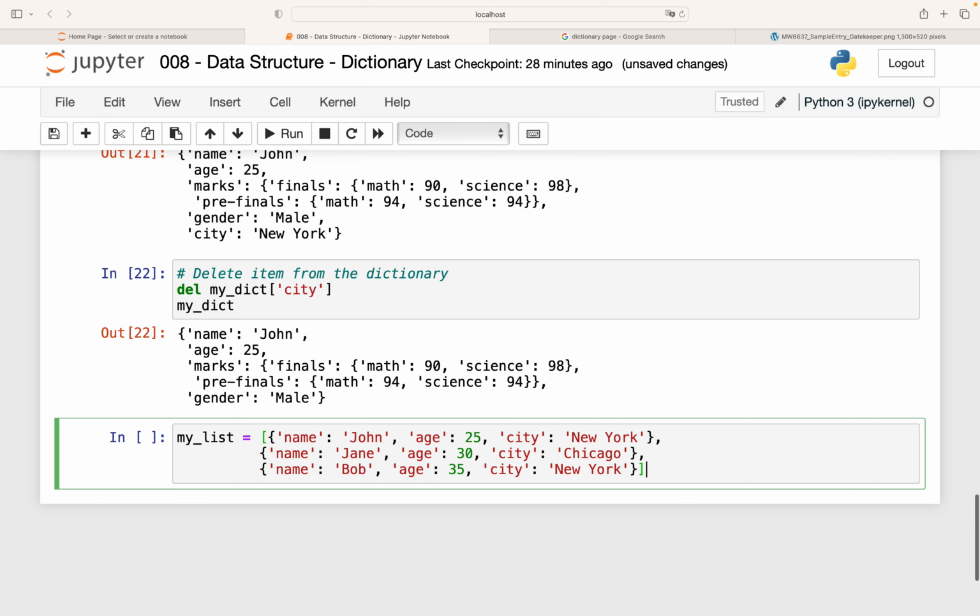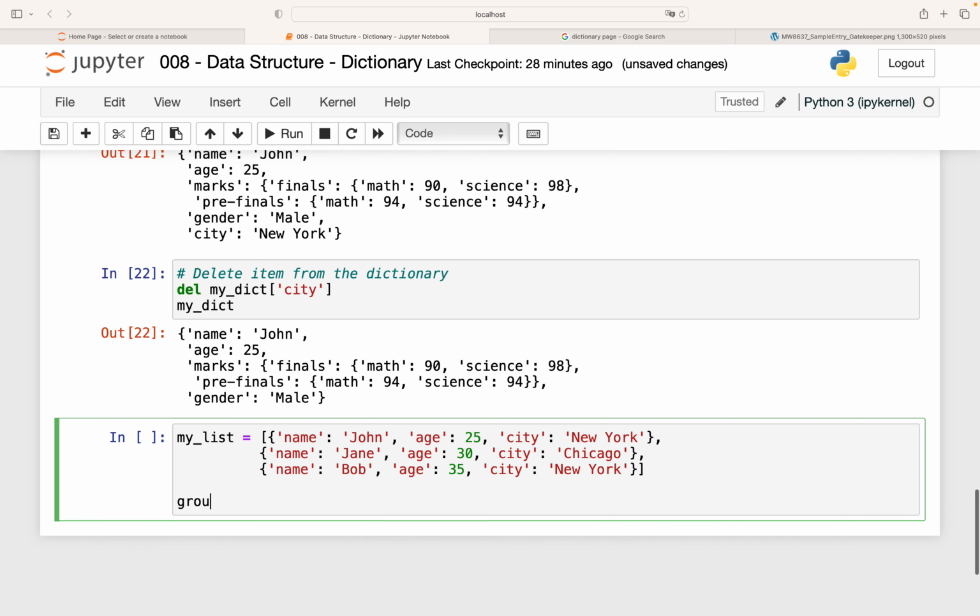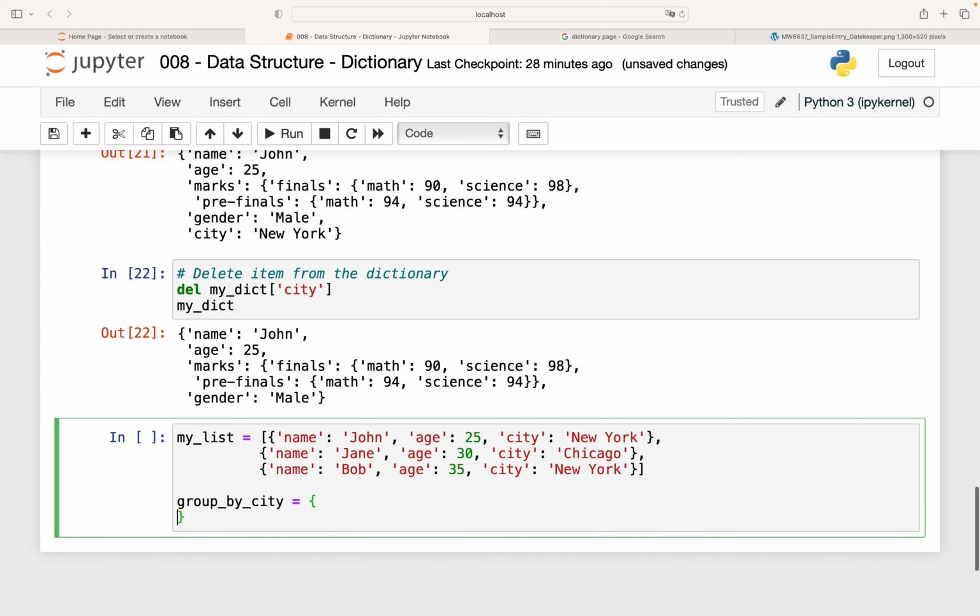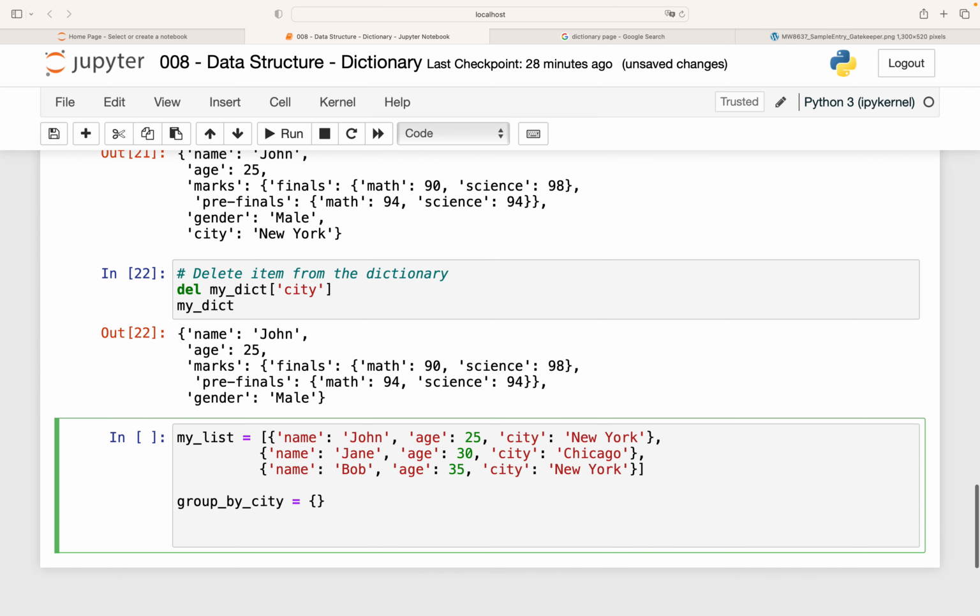Now I want to group by city, and I'll create an empty dictionary. Okay, and then I should have discussed the iterable. So I think we already know how to iterate a list, right? So item in my list,